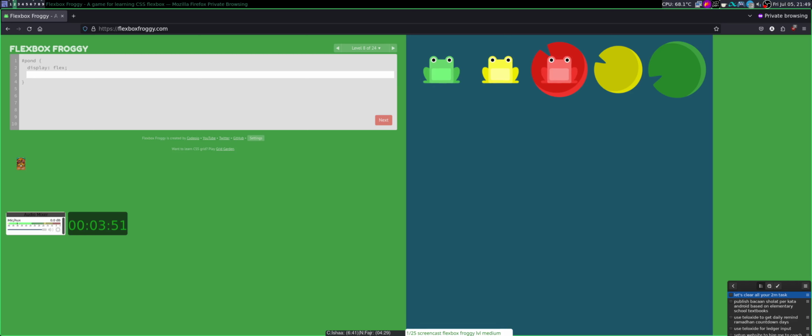Okay, this is only using one and still using flex direction row, but it just needs to swap. So let's do it one by one first. Justify content flex-end, and there is something that should be swapped, right?